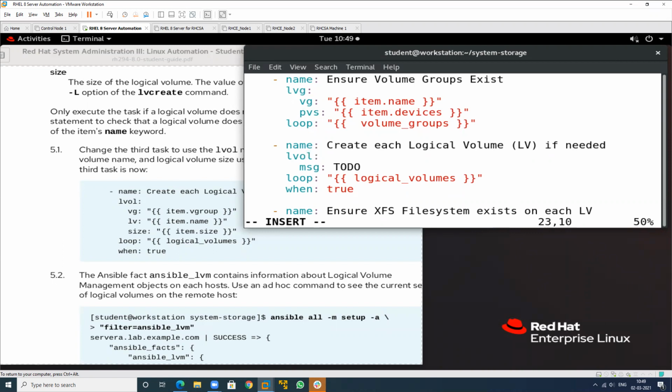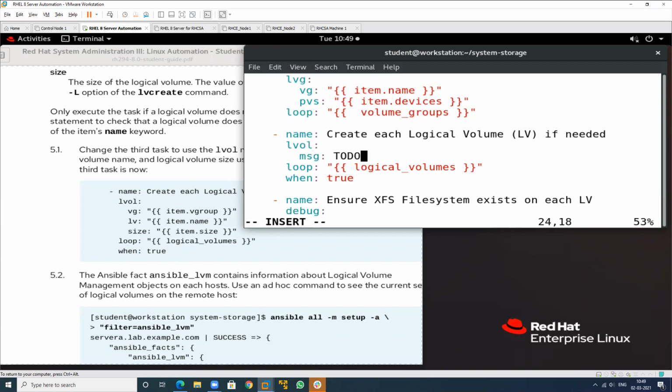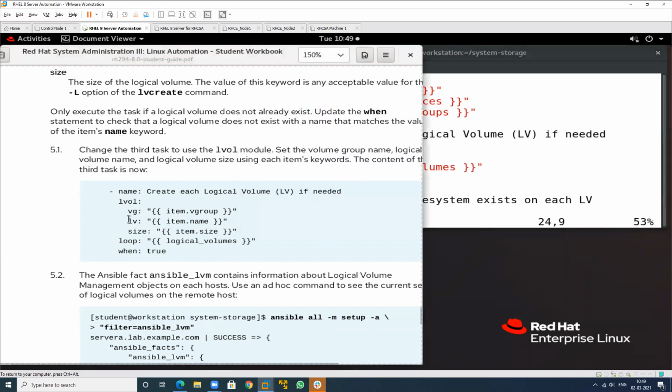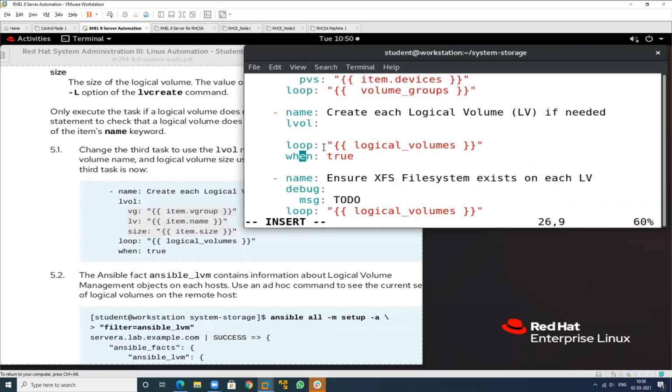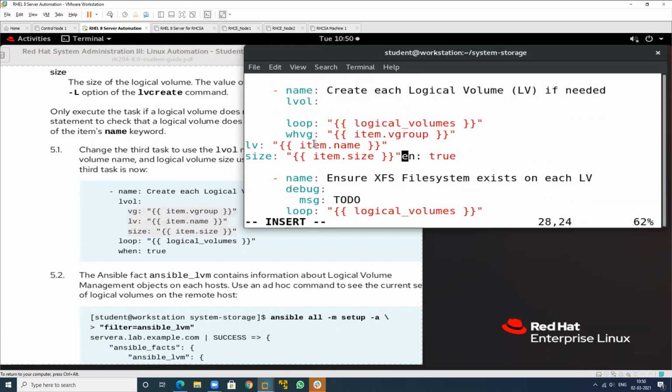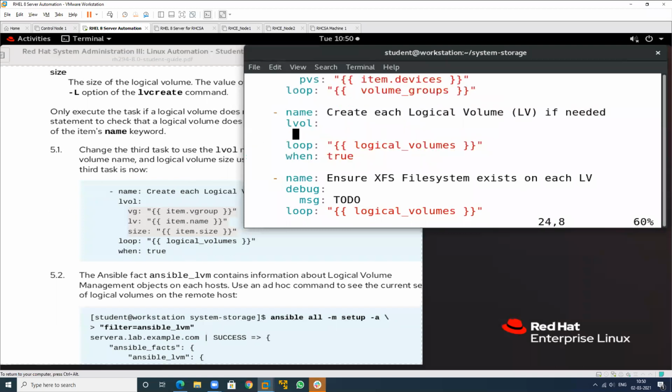And in the place of this, remove this one and just use these three values. So what are LVG and LV? So I will use this lvol.